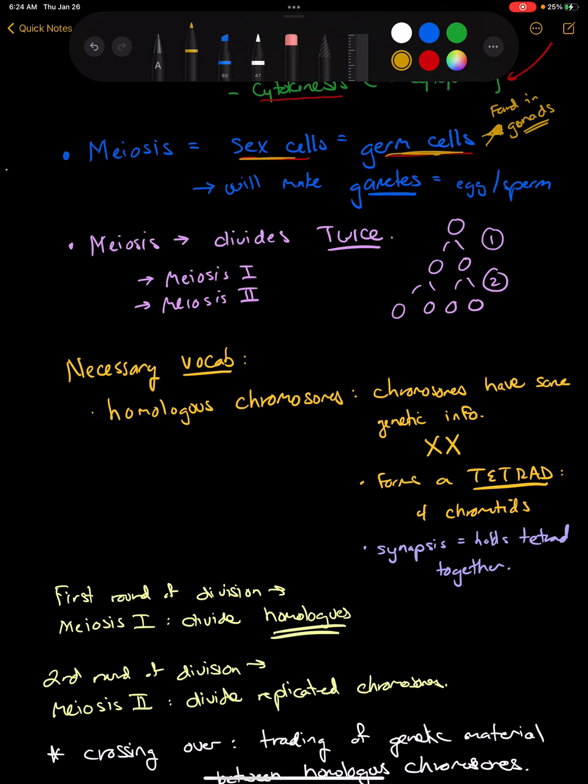And depending on what kind of gonad you have, if you have testes or if you have ovaries, then you're going to make something called a gamete. Gamete is like a big word. It's just like gonad. Say gonad can refer to ovaries or testes. Gametes can refer to either egg or sperm, depending on which one you have.